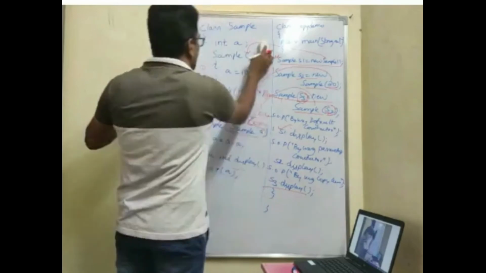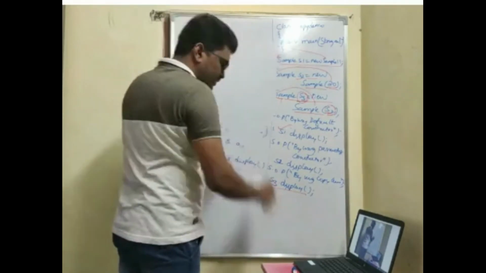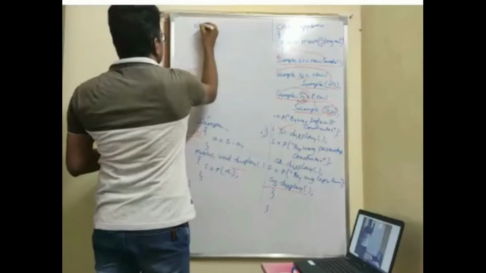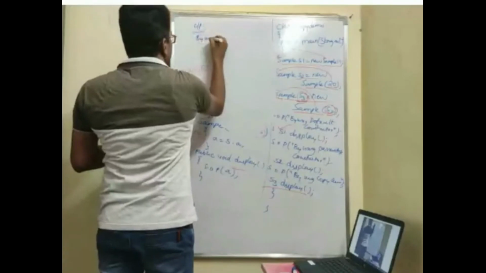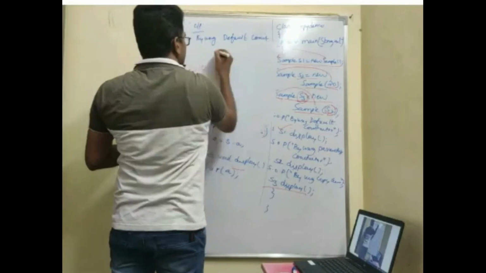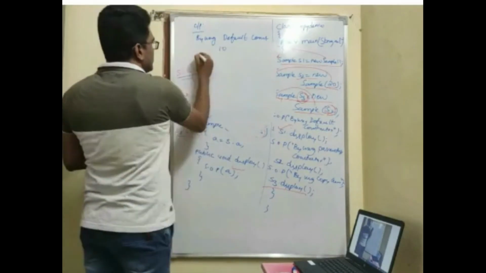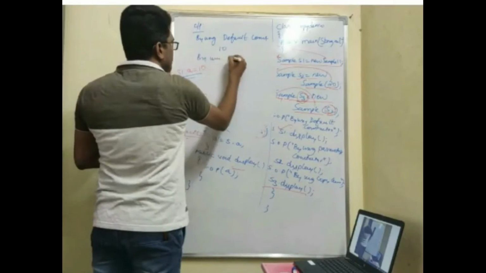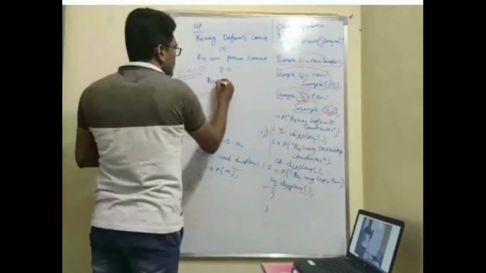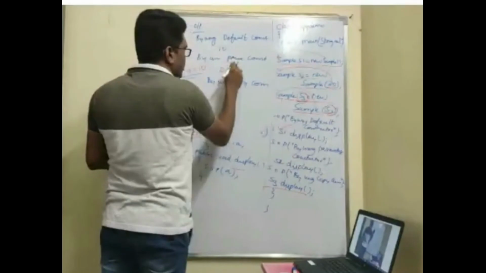So I'll write the output for your understanding purpose. You can see it. The output is important to understand this program. So the output is like this. By using the default constructor, you will get this one, 10. Next, by using the parameterized constructor, you will get 20. By using the copy constructor, you will get 20, because you are copying s2 into this.